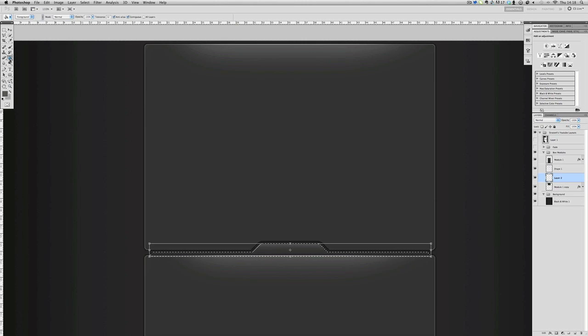Right, now we fill this layer, or in fact we've got to go to select, modify, and expand by 2. Fill that with the dark grey, go to this one and go to the brush and just go over it like that, as you can see. Alright, I'm going to merge them two together,